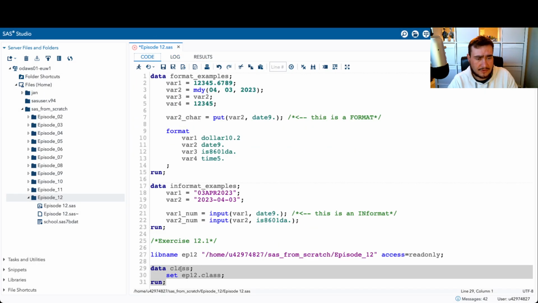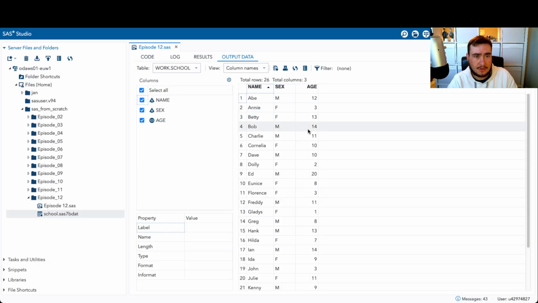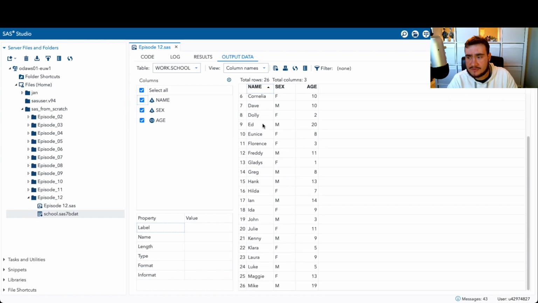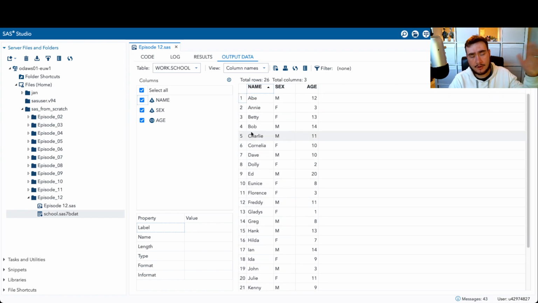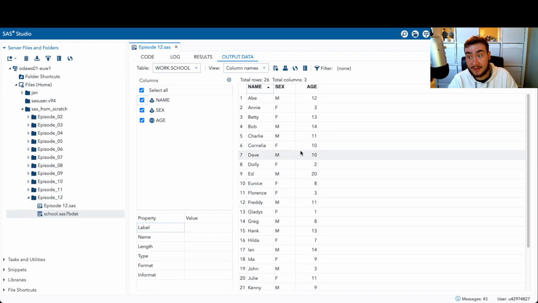Sorry, I'm confusing it now. It's school. You can see the file is sitting there. Okay, let's save this. We've got a bunch of students in the class. There's a girl with the name starting with A to M, and a boy starting with A to M, and they've all got different ages and so on. We can see there's Ed, who's 20 years old and still around in the school, and there's Mike, who's 19 and still in school. So they need some